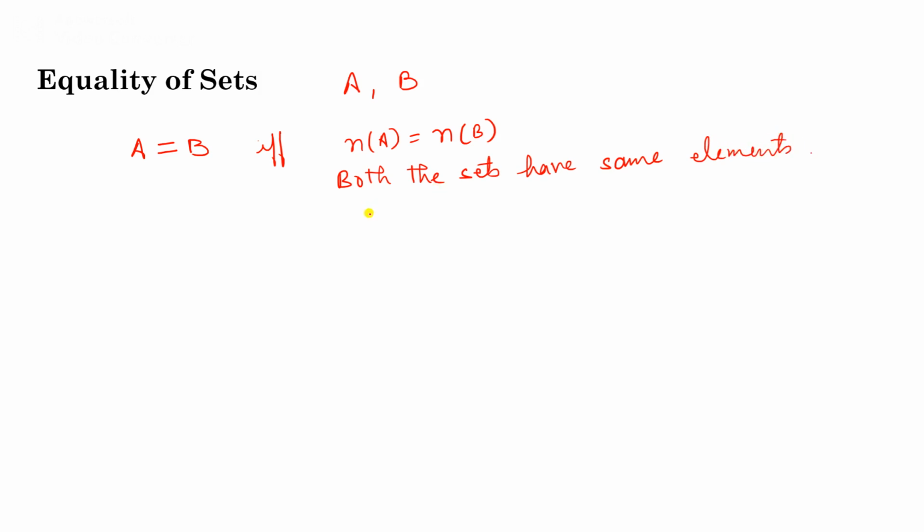So in this way you will say two sets are equal. Now we define universal set, empty set and singleton set. Universal set is a set which contains all the objects of the universe, and we denote it by U. We assume that all the objects of the universe are contained in U. So this is the universal set U.